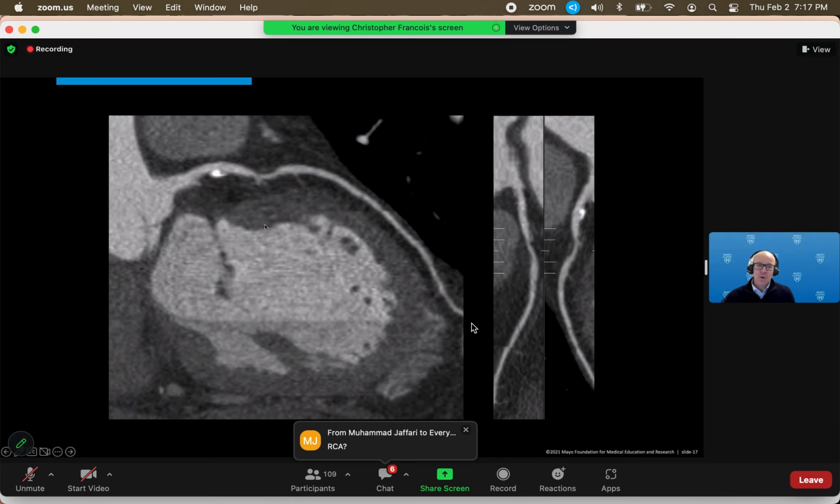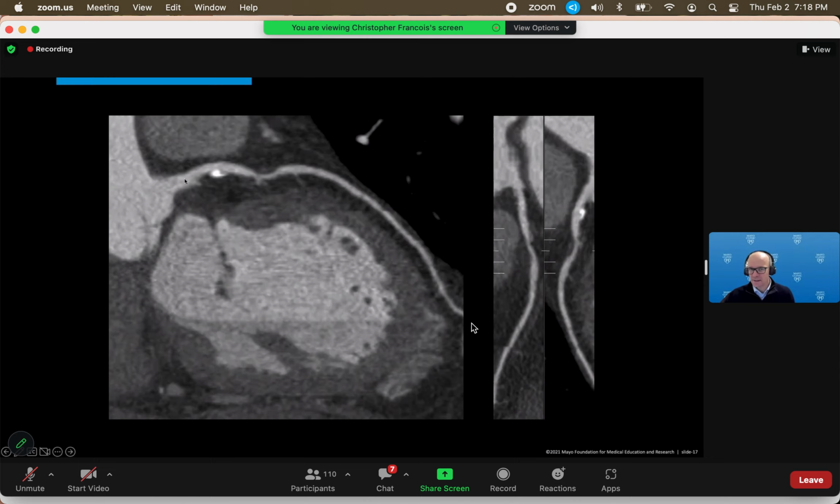RCA. So it can be very difficult on these oblique views to figure out exactly which vessel we are looking at. And so you kind of have to look at the surrounding structures. And so this is the ascending aorta. This is the pulmonary artery. Down here, this is the left ventricle. And the coronary artery that kind of goes underneath the main pulmonary artery, and then the left atrium,